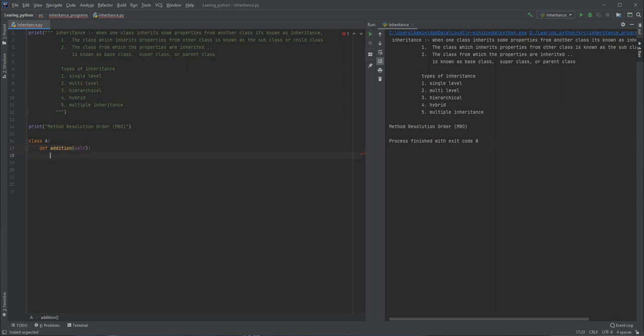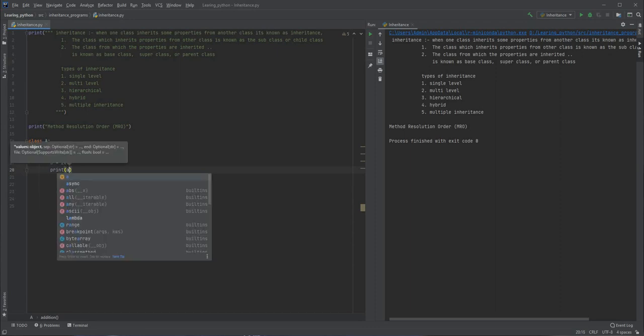Now this addition function has a value a, let's say 20, and a value b, which is also 20, and when this function is invoked or called, it prints the value of a plus b.